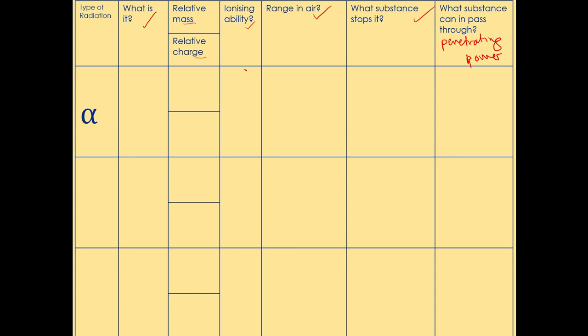Okay, so we're going to start off with alpha. An alpha particle is made of 2 protons and 2 neutrons. What that means is it's just like a helium nucleus. It's like helium but with no electrons. So another way to describe that is a helium